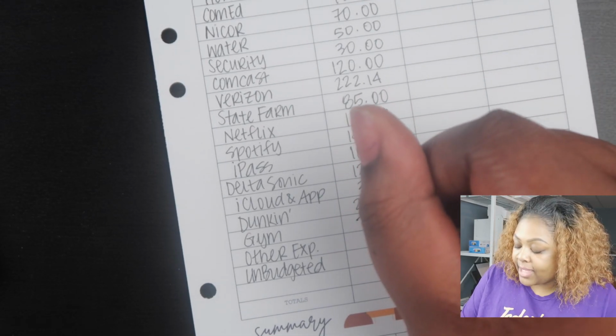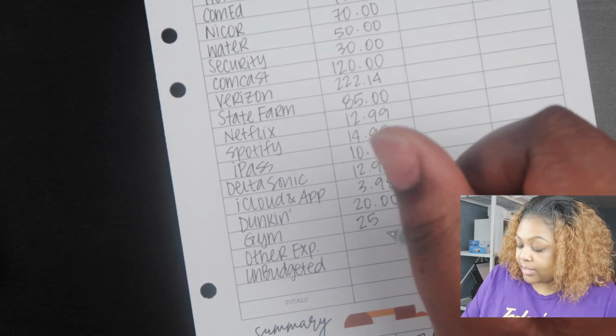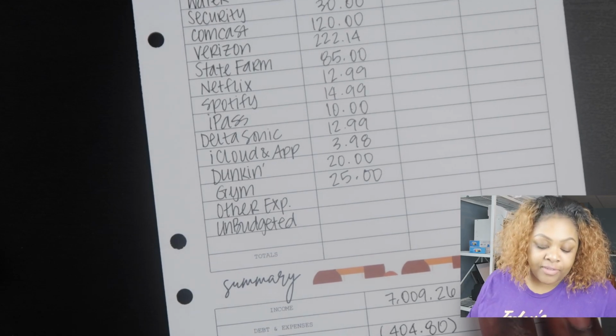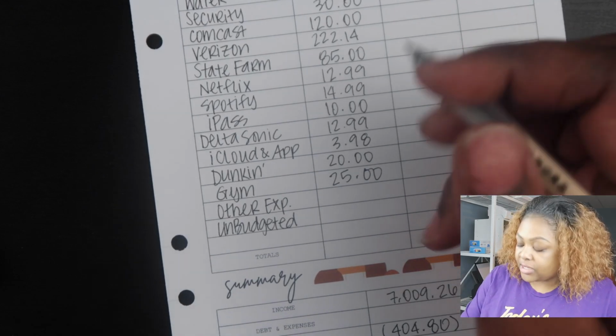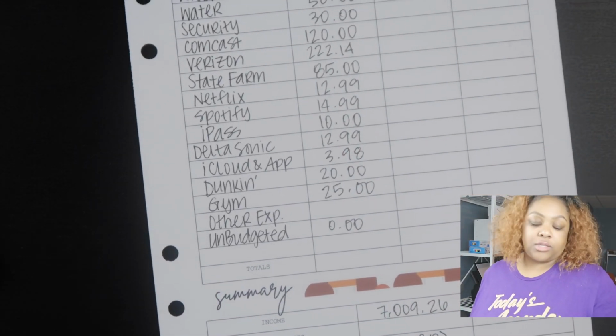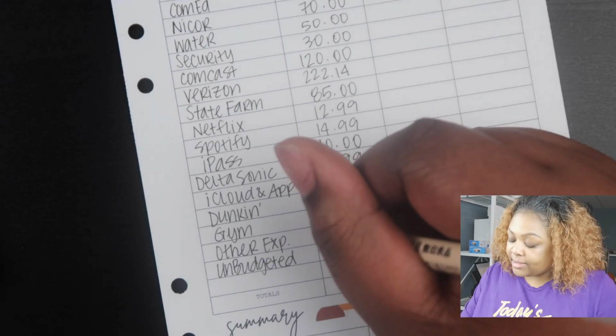Gym, $25. Talk about canceling stuff. I need to work out. $25. And then unbudgeted, of course, is $0. Now this other expenses column is what I wanted to talk to you guys about, and that is